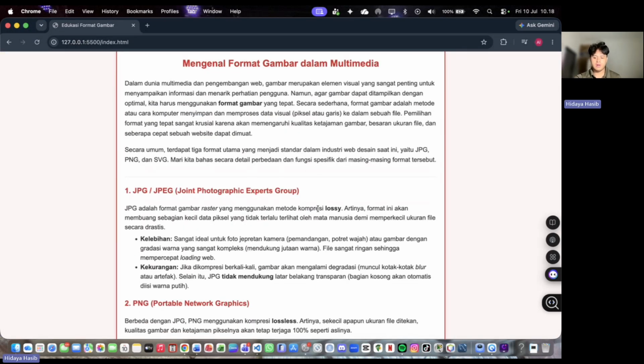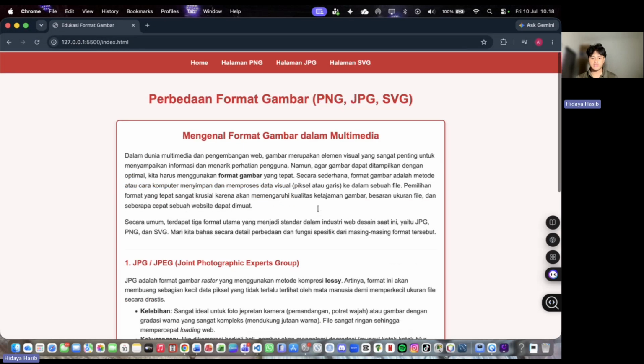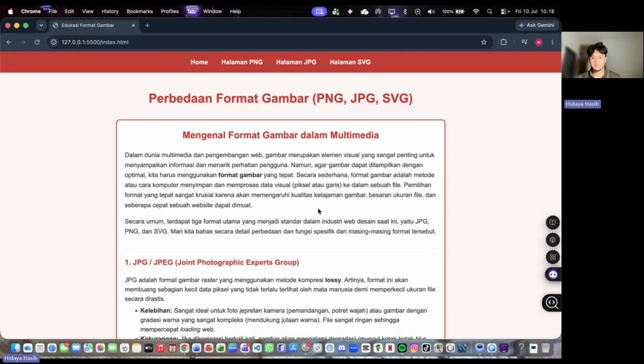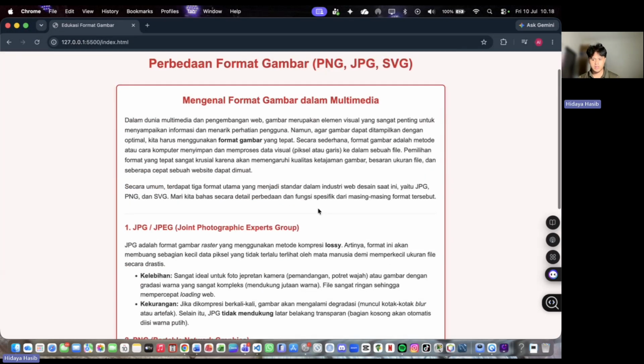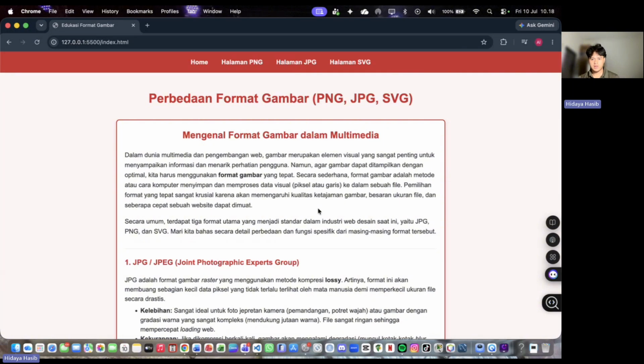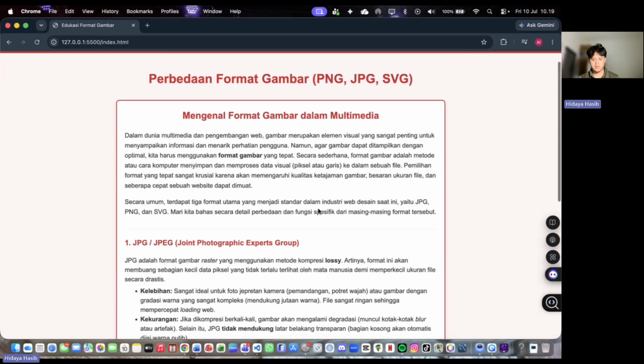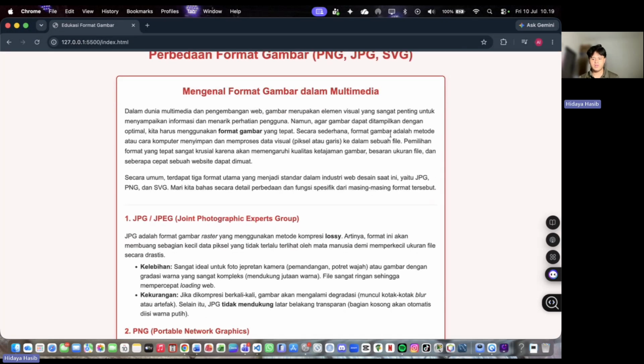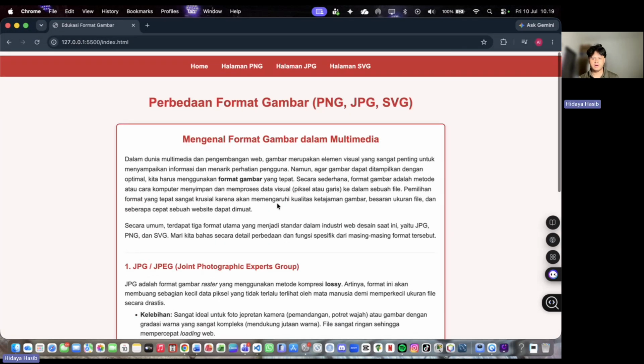So here is the home website. Let's start by discussing the main content of this website. The topic I'm covering is the fundamental difference between three major image formats, which are JPG, PNG, and SVG. As written in my article here,